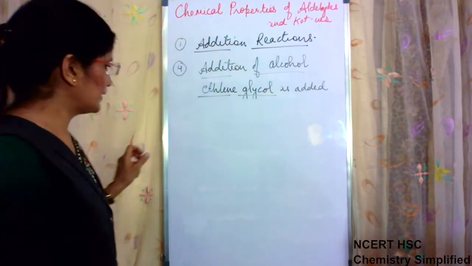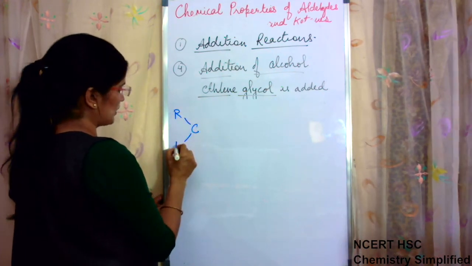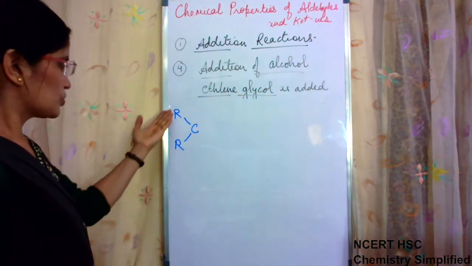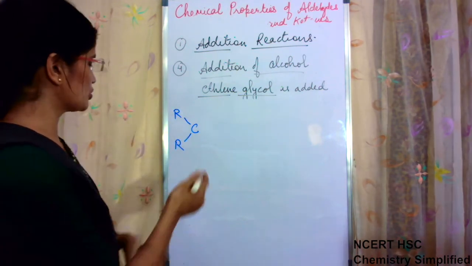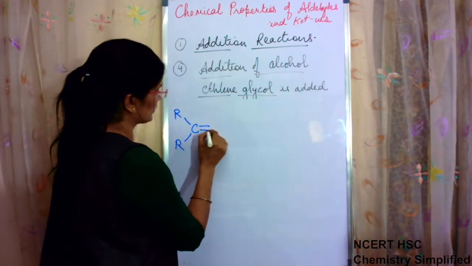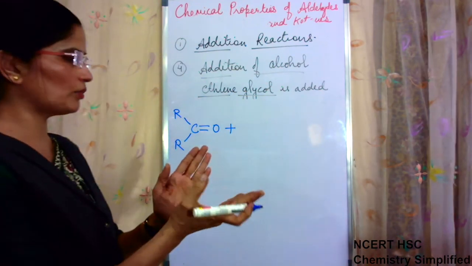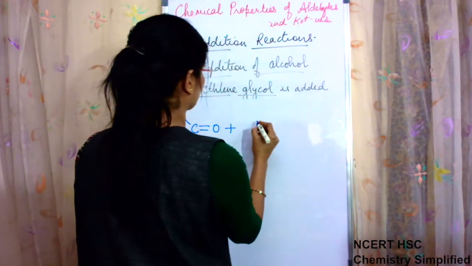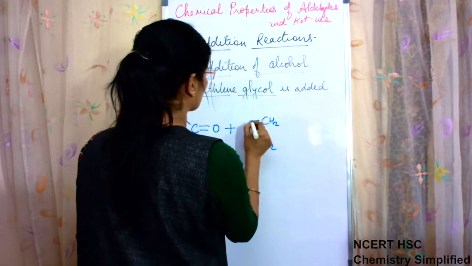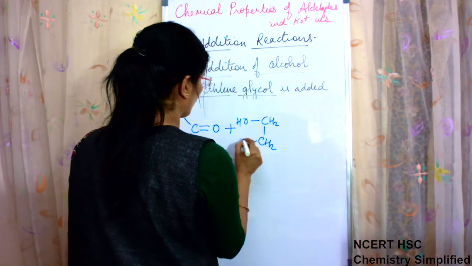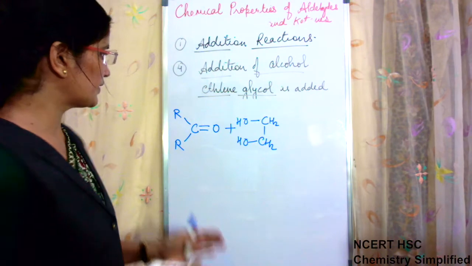Now we will write C, R. You can write R this time, so that you do not assume that only aldehydes do the reaction. This ketone also undergoes the same reaction. C double bond O with ethylene glycol. Now I will write the molecule reversed: CH2, CH2, OH, OH. Just to show the reaction easily, we have written it reversed.